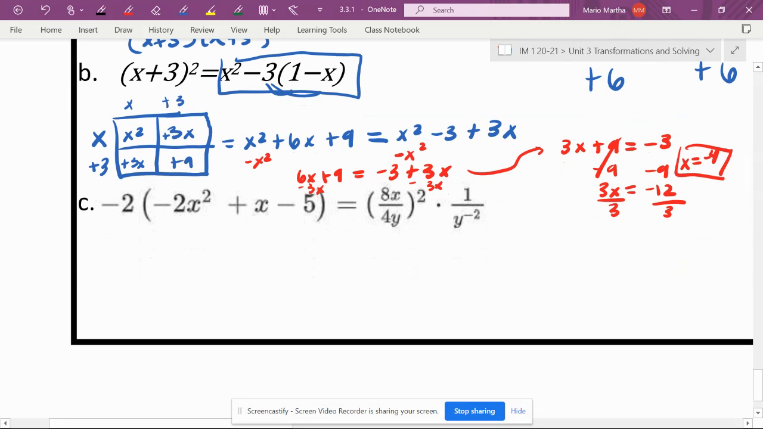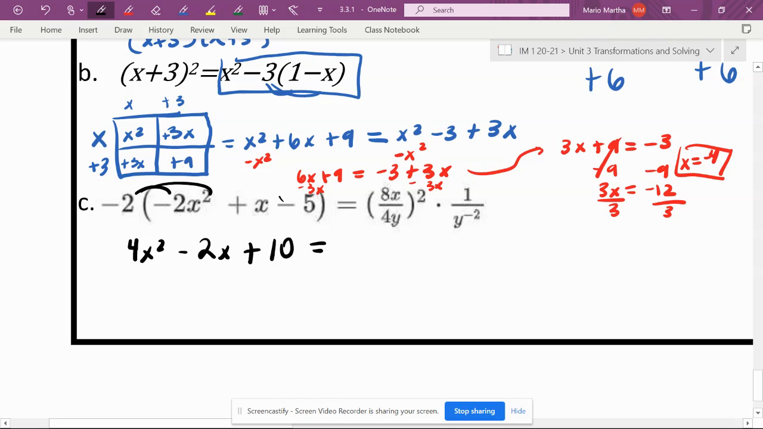And then the last one, we have negative 2 times quantity negative 2x squared plus x minus 5 equals 8x over 4y quantity squared times y times 1 over y to the negative 2. All right. So don't get scared if you see fractions. So here, first thing you want to do, if you notice, you don't have to use the box because I can just distribute, right? So negative 2 times negative 2 gives us positive 4, and then x squared, right? Attach the variable. Negative 2 times positive x gives us negative 2x. Negative 2 times negative 5, negative times a negative is a positive, so we get positive 10, equals,